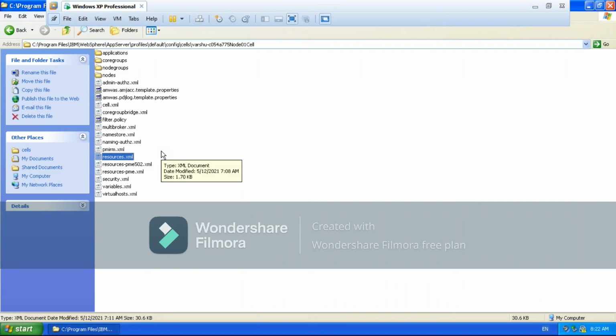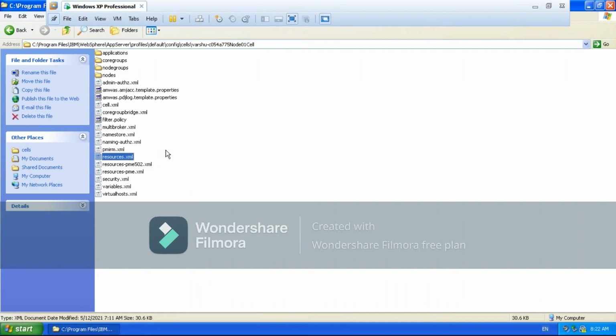If the application server is interacting with the application database, how are those going to be interlinked? A bridge will be created. The bridge name is resource. What is that resource name? JDBC resource, Java Database Connectivity resource. That resource information will come and sit in this resource.xml file.